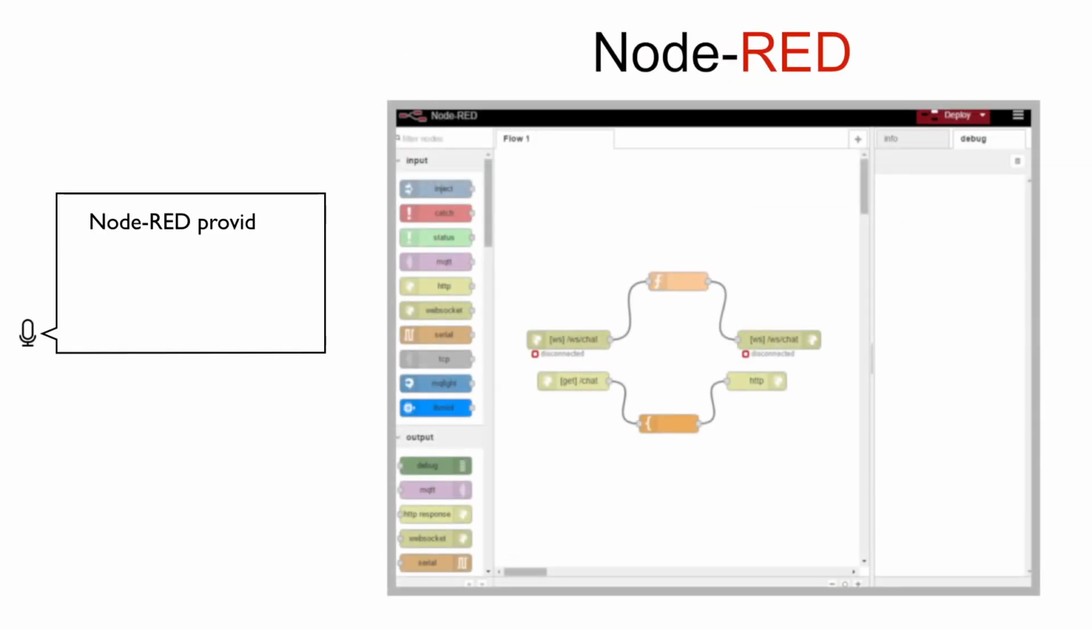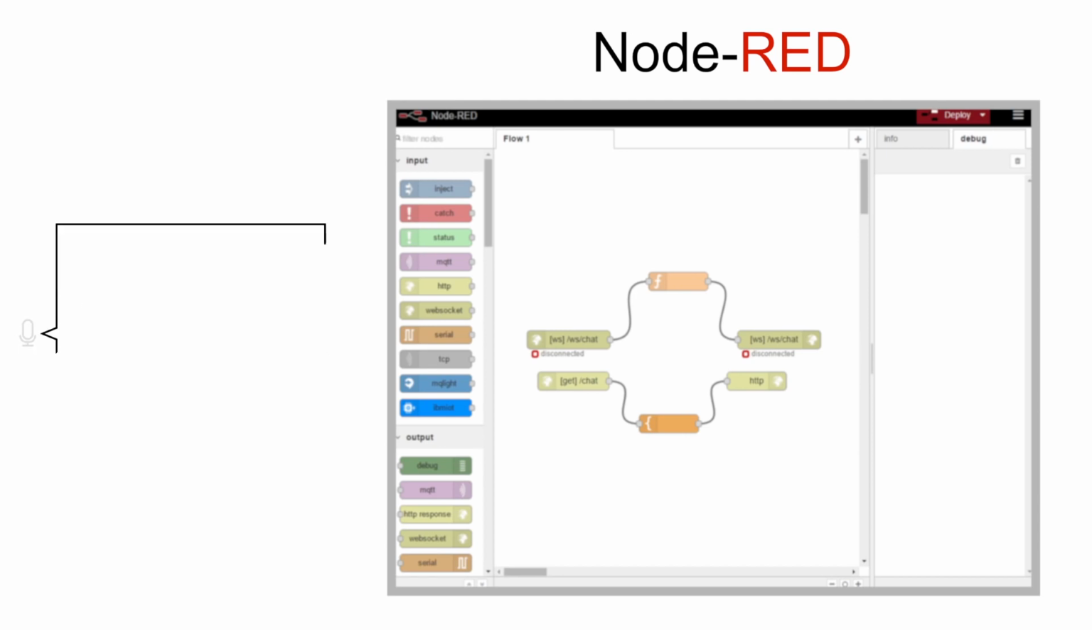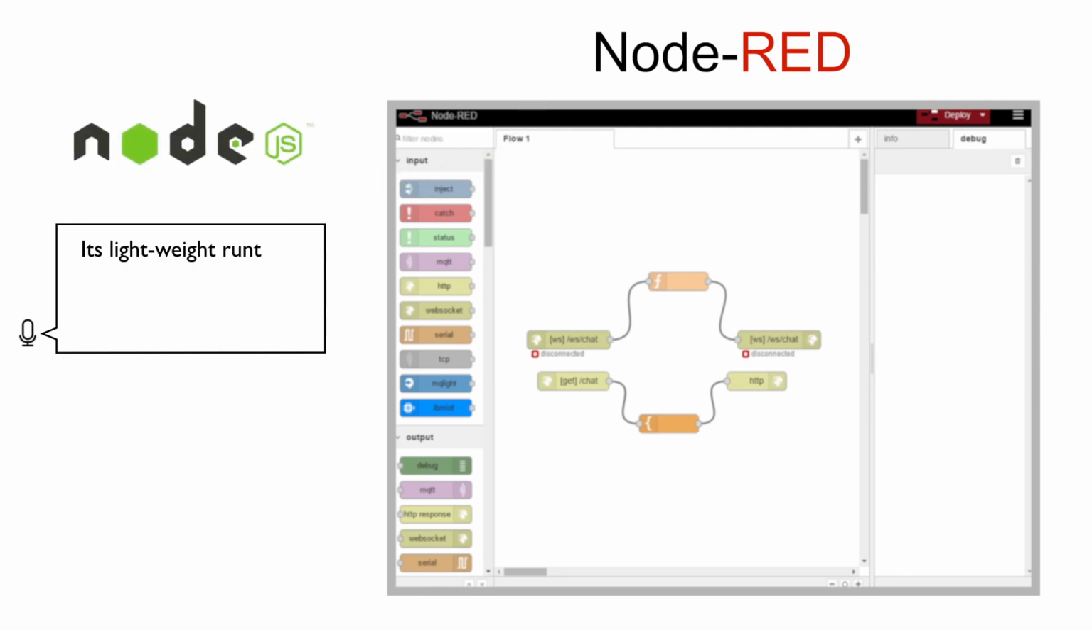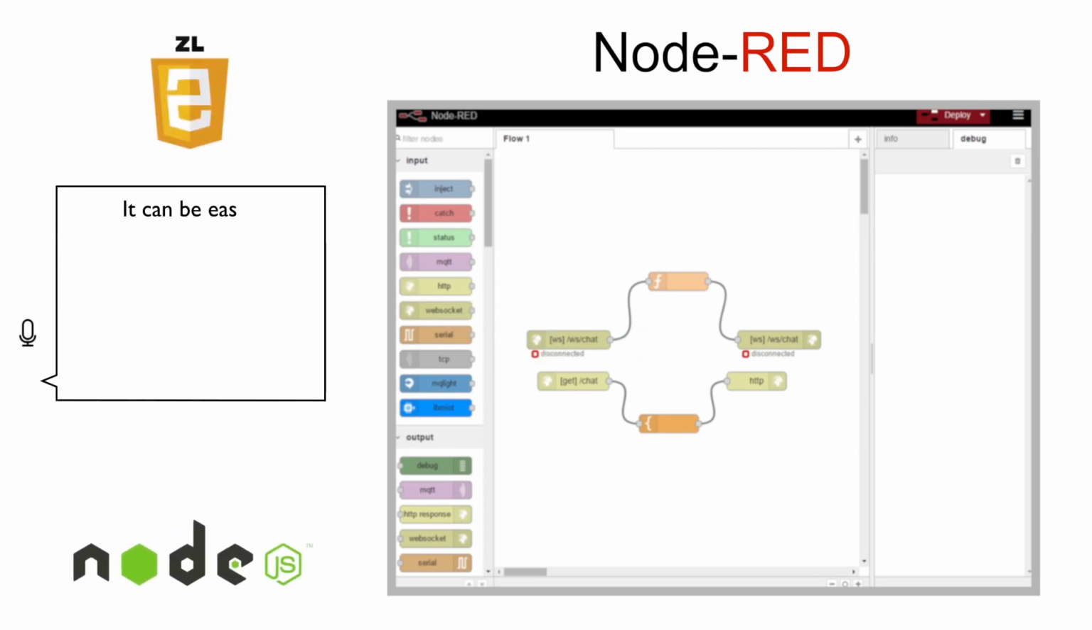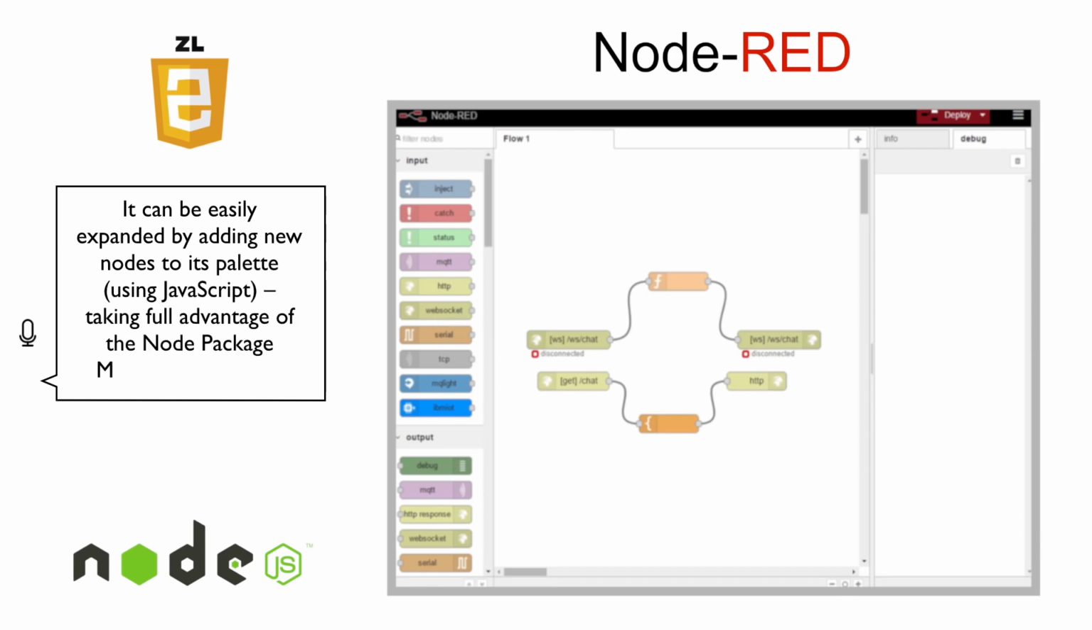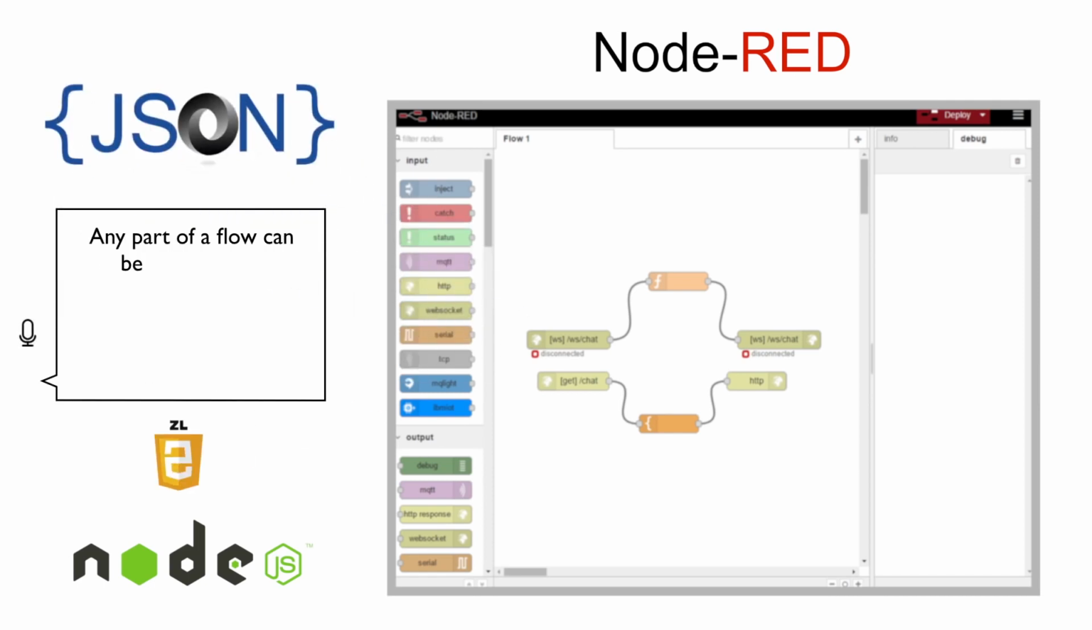Node-RED provides a browser-based flow editor for creating flows of events and deploying them to the runtime. Its lightweight runtime, built in Node.js, is ideal for edge-of-network environments. It can be easily expanded by adding new nodes to its palettes using JavaScript, taking full advantage of the Node Package Manager ecosystem. Any part of a flow can be imported or exported using JSON for easy sharing and collaborative